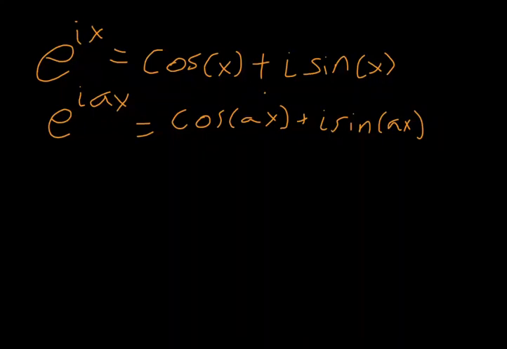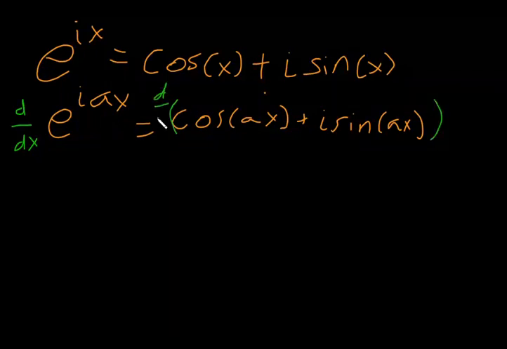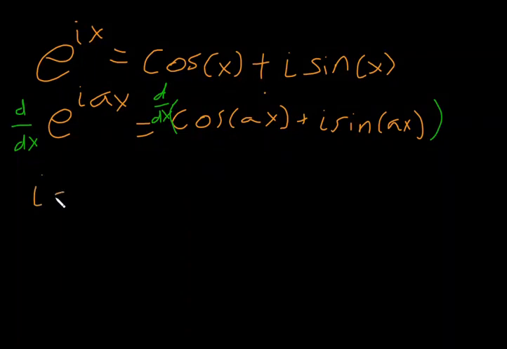But I'm going to take the derivative of this, right? I'd be taking the derivative of this too, because if they're equal, the derivative of this side should be equal to the derivative of this side. So let's see if we can show that that is true. So when I do this, using our e to the x rule and the chain rule, it's pretty easy to show that this is ia times e to the iax,